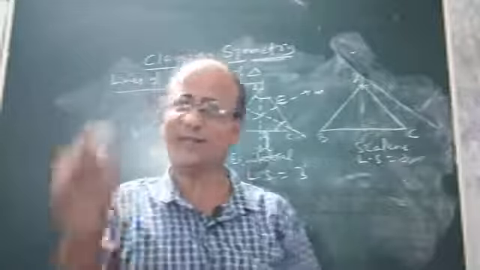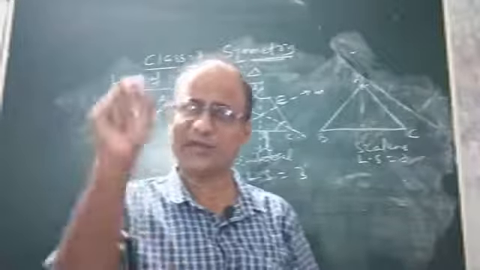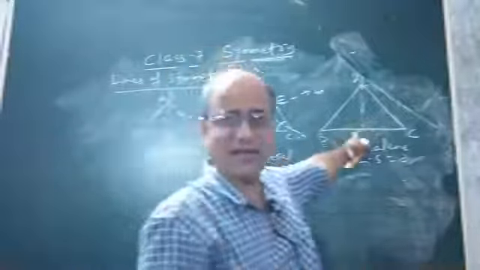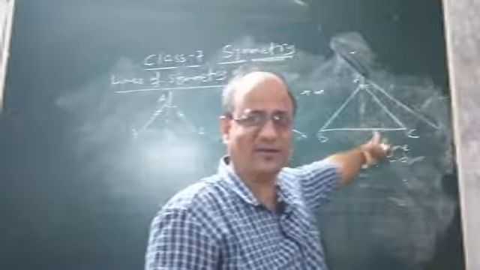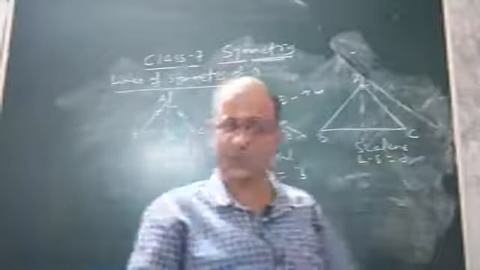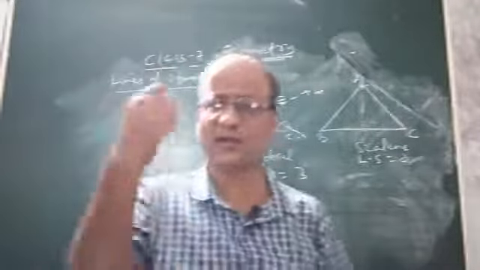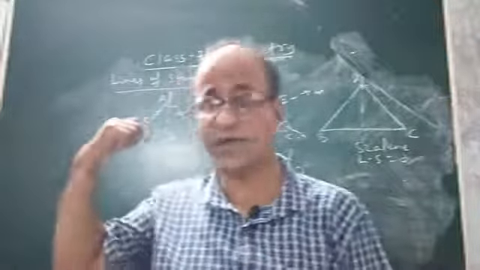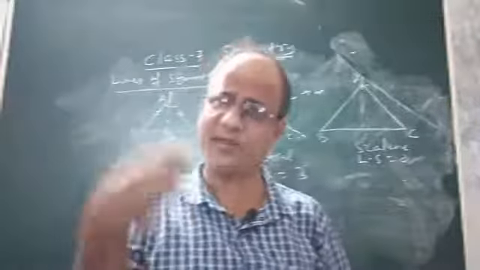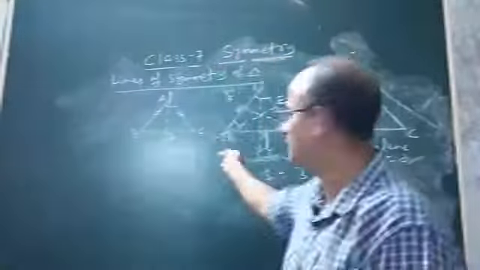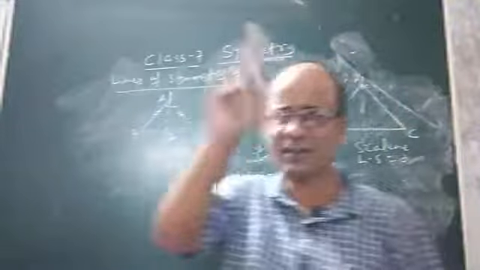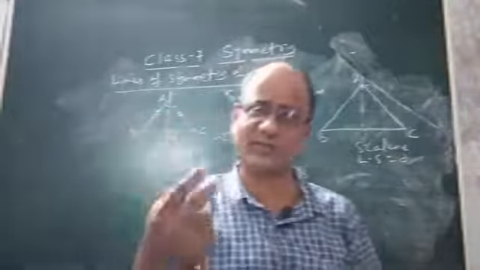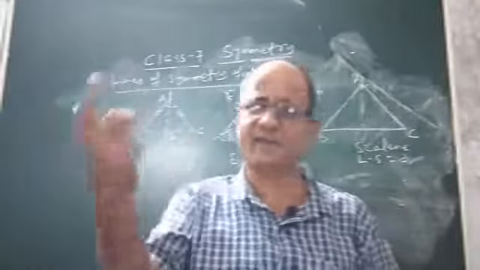It is not necessary that a geometric figure will have line symmetry, not at all. Like a scalene triangle, it is also a geometric figure. Does it have any line of symmetry? No, it has no line symmetry, zero. So from this discussion we came to know that a geometric figure may have one line of symmetry, like your isosceles triangle. A geometric figure may have three lines of symmetry, or two lines of symmetry, like capital H, which we discussed in the last class. So a figure may have one line of symmetry, two, three, even zero lines of symmetry, meaning no line of symmetry.